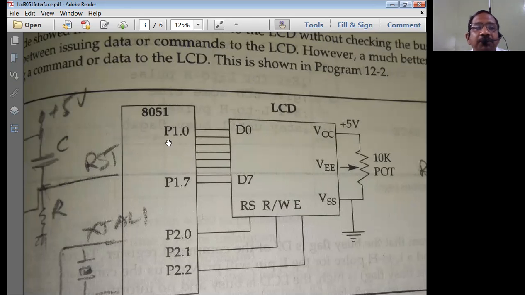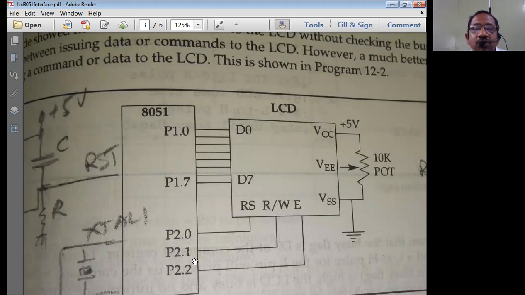See here, port 1 pins 0 to 7 are directly connected to the 8 pins of the LCD display unit, which is used to transmit command as well as data using the parallel communication mode. The other pins, register select, read/write, and enable, are directly connected to port 2.